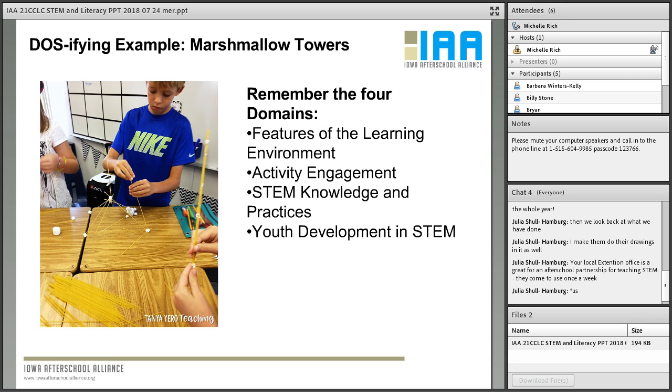However, I think in this circumstance, you could create a framework for a worksheet where they are writing down the process or the scientific method and the different components of the activity. So you can work in writing at different parts of the